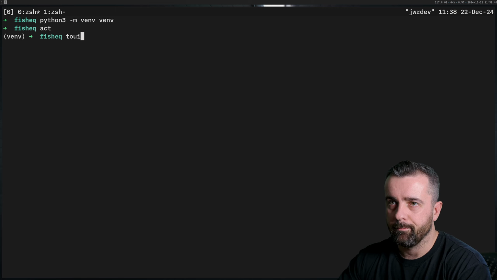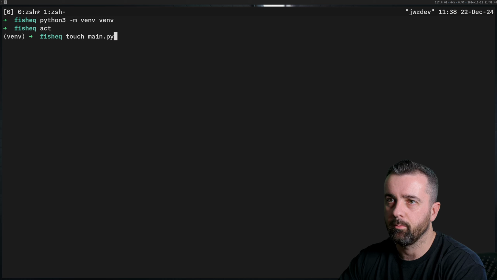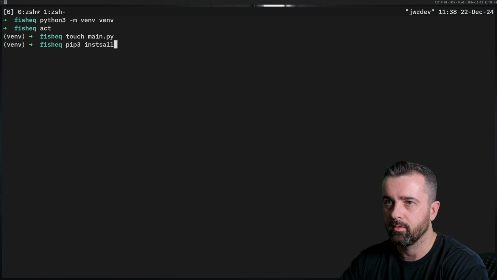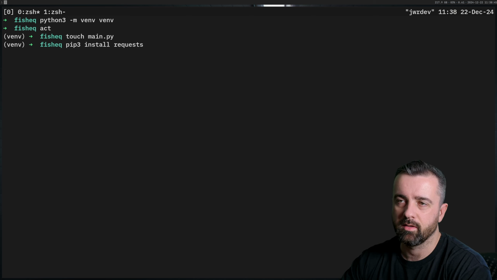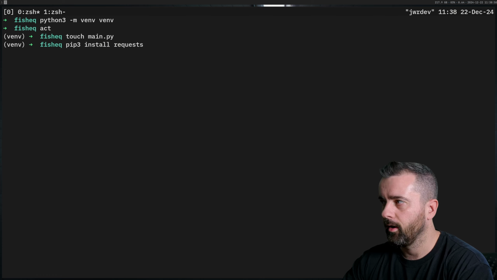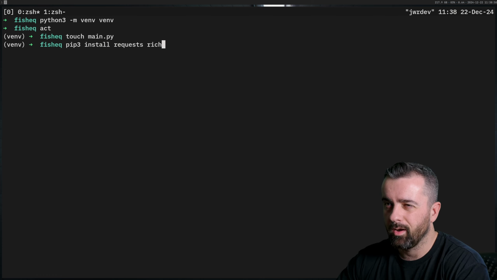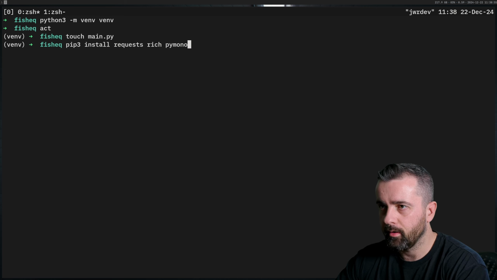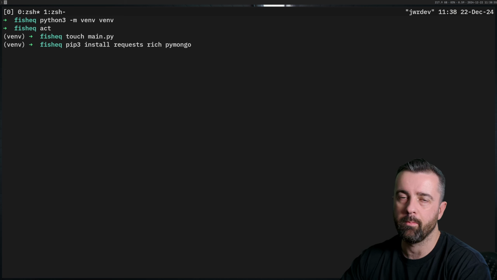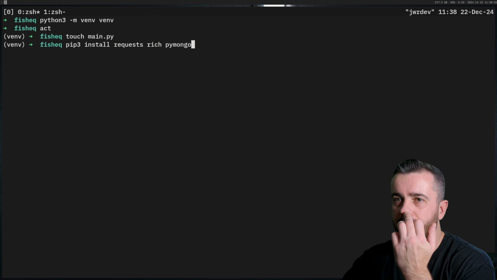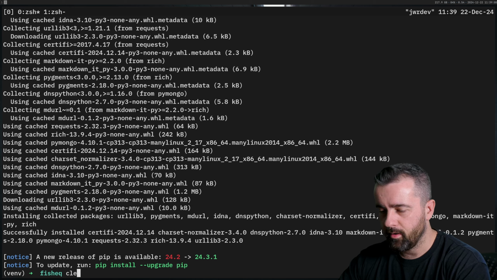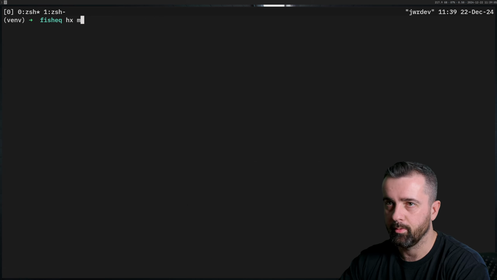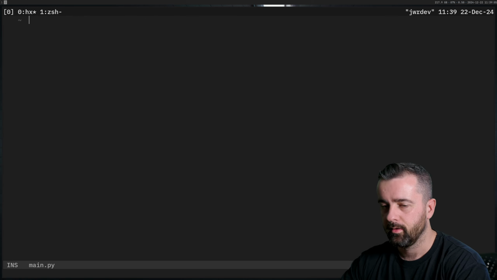We'll do touch main.py, and then I'm going to do pip install, and we're going to need a few things for this. I'm going to use plain requests because I don't think I need to use anything else. We're going to use rich for printing and logging. I'm going to use pymongo to connect up to our MongoDB database, and I think that should be everything that we need so far. And now I'm going to go ahead and open up the main.py in my editor here,